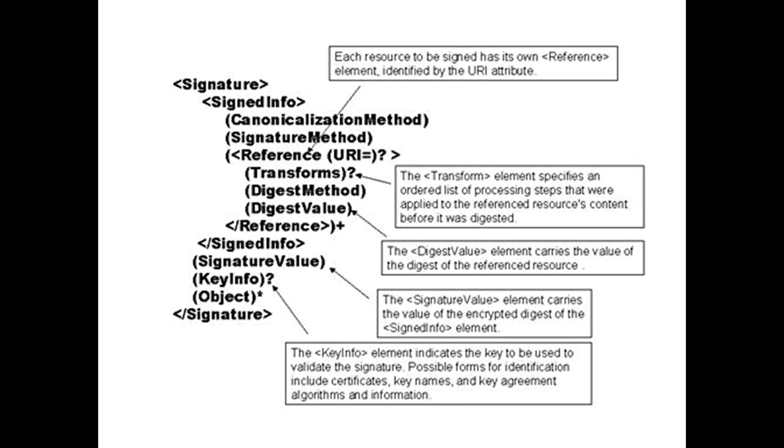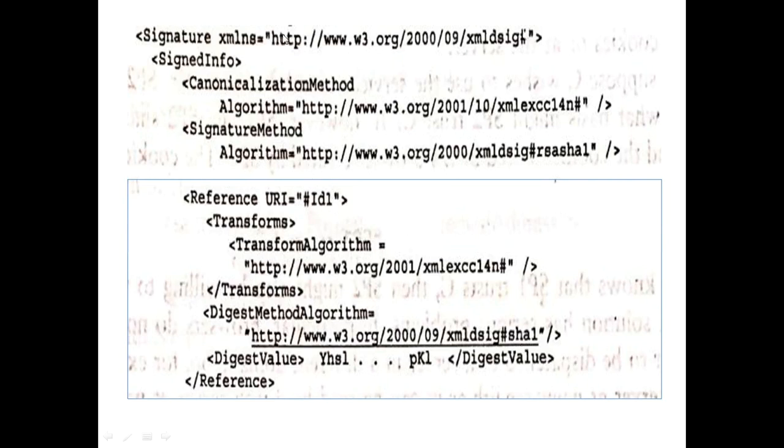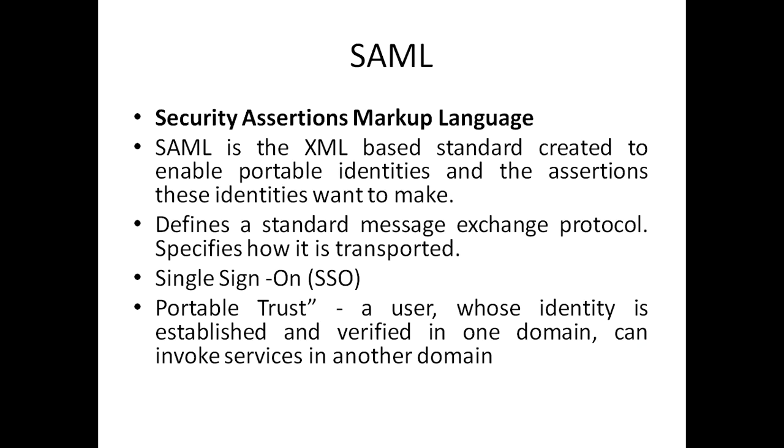So this is how exactly the signature element is represented in the SOAP header. Now, if you see, this is exactly the example. First we have a signature element, then a signed info sub-element, which is going to have a canonicalization method, the algorithm to be used for that, and the signature method. As I have told, it's the RSA-SHA1 algorithm we have used, so that is included. Next we have a reference URI, then transform, transform algorithm, and the digest method algorithm which is used, SHA1.